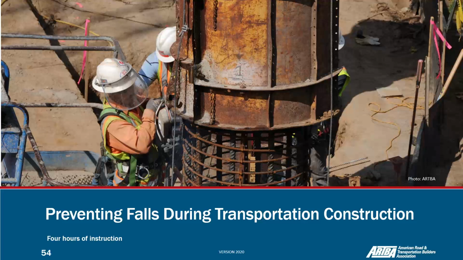We also explored the general rule: the employer is required to provide fall protection whenever a worker is working 6 feet high or more in any circumstances. And we covered all the methods that we can use to prevent and protect our workers from fall hazards. Some of the methods are, for example, how to install a guardrail and what the requirements of a guardrail are. We talked about nets, the installation of the net, and all the requirements.